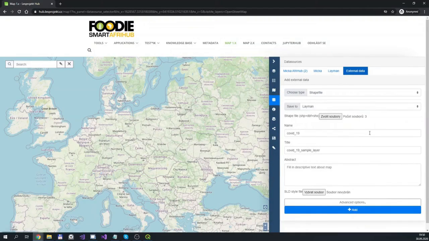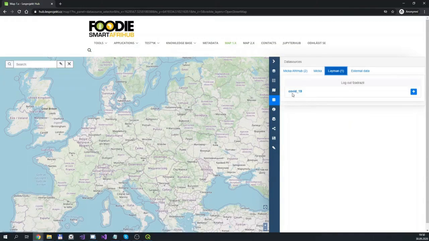Okay, switch back, and we can see that there is already one layer in Layman, and it's the one we have just added. Now if you want to add this layer to the map, press this blue plus button, and there is this option whether to add this as WMS or WFS.